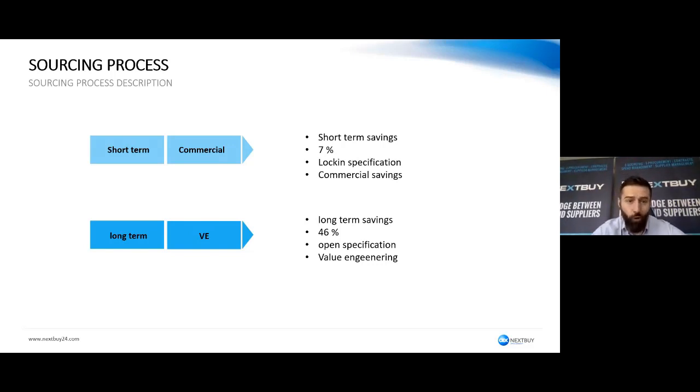Or actually, you can also try to do a little bit of both, which we also did. Collect the here and now whatever we have with the incumbent supplier, and then with the incumbent supplier go through the potentials that we have discovered during the e-auction, that perhaps there is a chance to change some of the specification and go into the value engineering project. So that was the story.